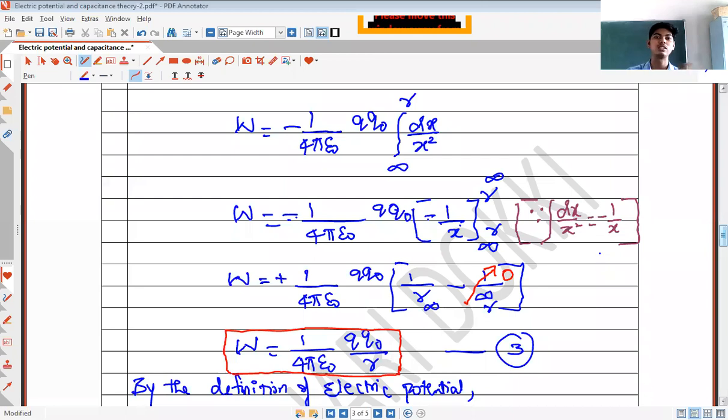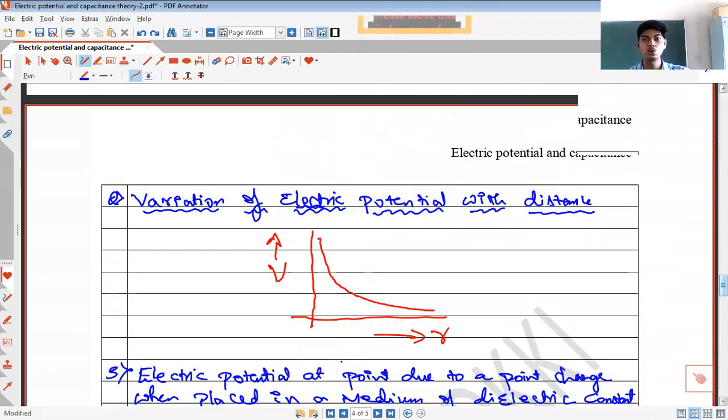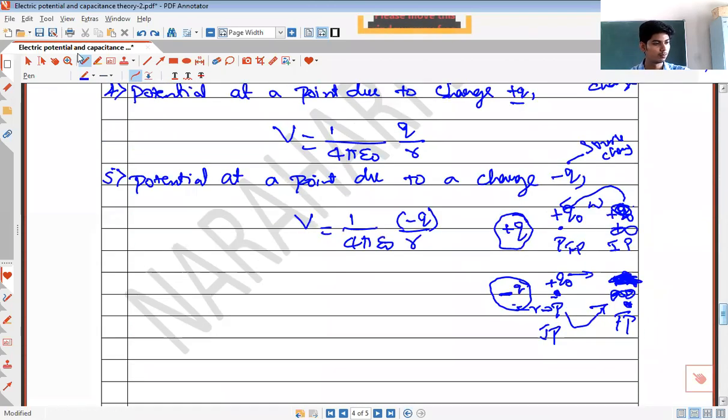Because we are changing the limits. We are changing the limits of integration, or we are just inverting the limits of integration. You will probably also have the integration property, they will probably teach you that. I hope it is clear why potential due to a negative source charge is negative. Clear? If not, we'll explain it again. Do you want me to explain once more why potential due to a negative source charge is negative, or can we move forward? If this is clear, we'll move forward.